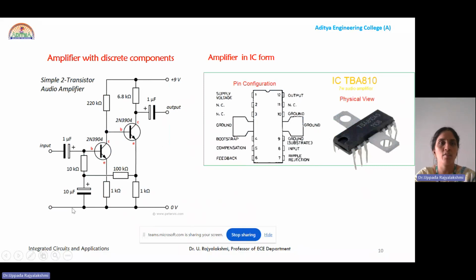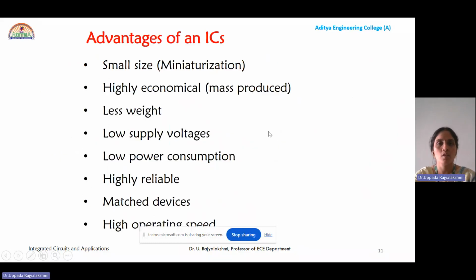So here you can see the amplifier using discrete components, and the same is constructed in the IC form with less space. So these are all the advantages of an IC. Those include the miniaturization, as what we have seen now. The size has been drastically reduced, and it's highly economical because it's mass produced, and similarly the weight of this